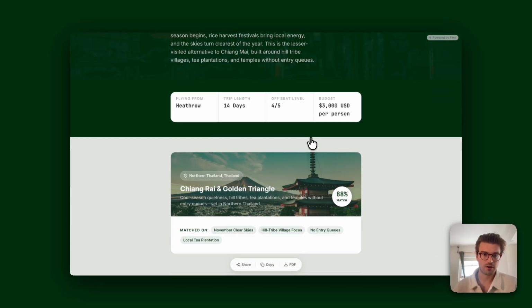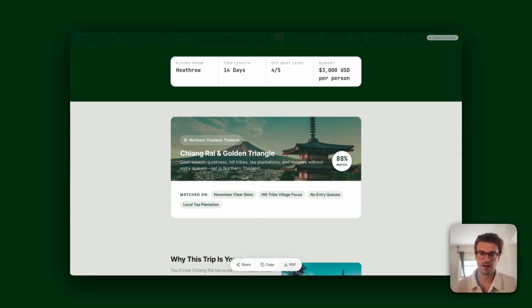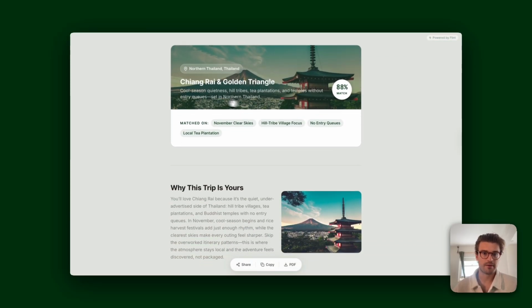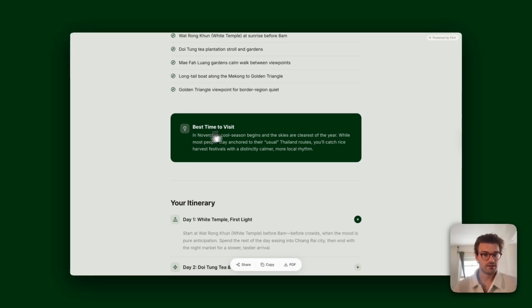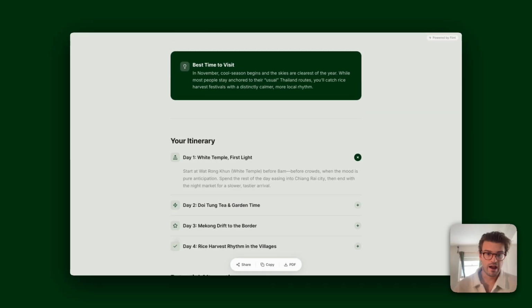And here we have our results page. So flying from Heathrow, 14 days, want to be off the beaten track. Pretty hardcore, 4 out of 5. $3,000 per person, and then it's recommended Chiang Rai and Golden Triangle. It's explained why this trip is good for me, identified some hidden gems, described why November is a great time to visit this place, and then we have a breakdown of the itinerary,